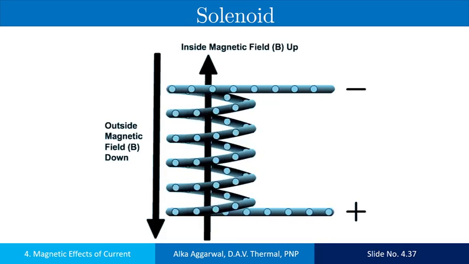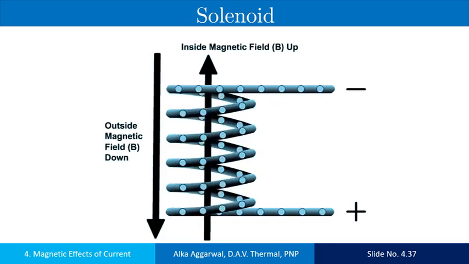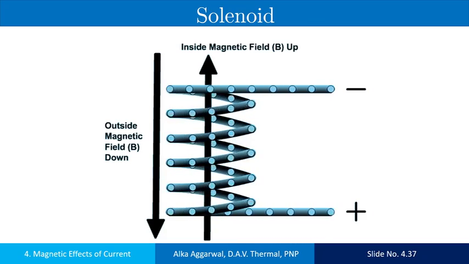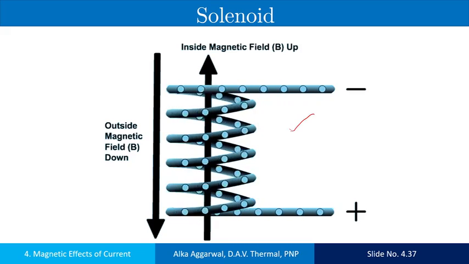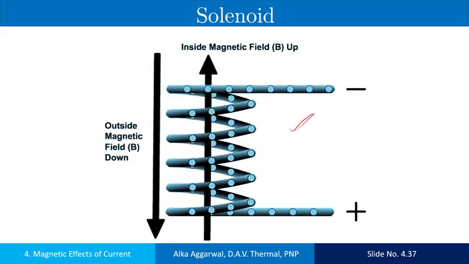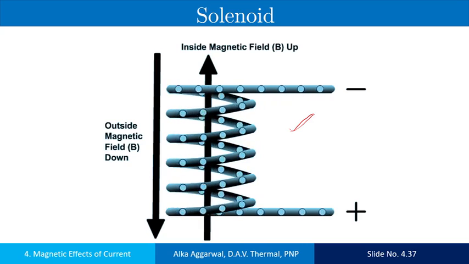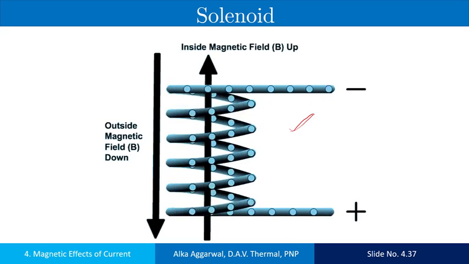Now the next topic is the solenoid, the magnetic field due to the solenoid. Before going to this topic, you must know about the solenoid. This type of structure is called a solenoid. In this case, the wire is wound over an insulator. When it is wound over an insulator, it is called a cored solenoid. If there is nothing, then it is called an air core solenoid. The length of the wire is much larger than the radius of the solenoid. These are wound in the form of a helix.